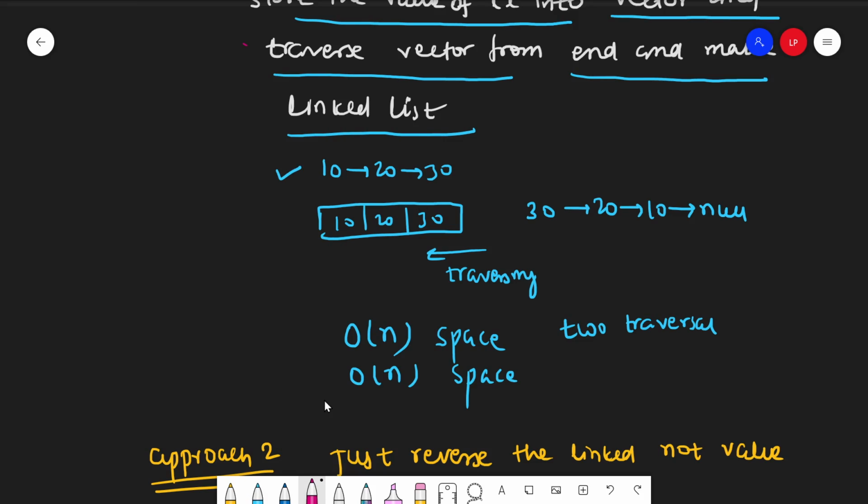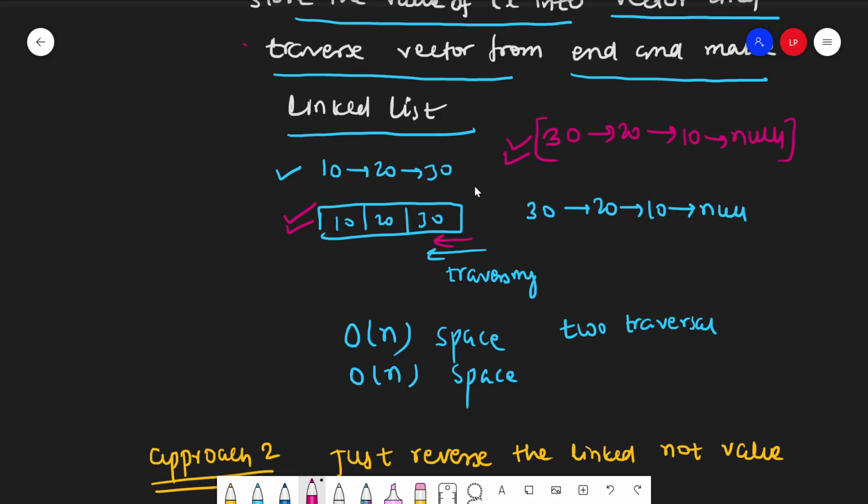We make a vector and put their values into it, like 10, 20 and 30, and iterate from the end, first 30, then 20, and simultaneously make a linked list like 30, then 20, then 10. Using pointers we can easily make the linked list.